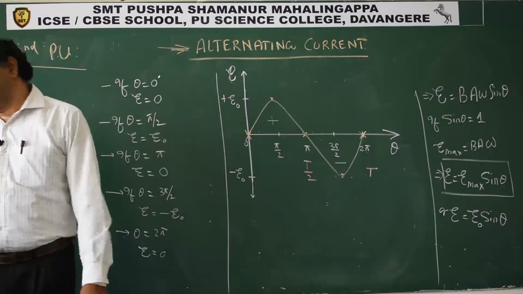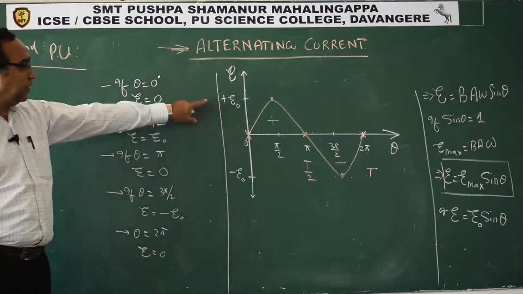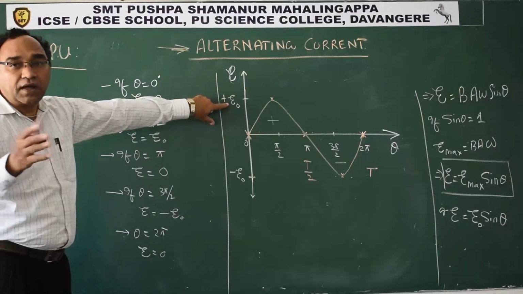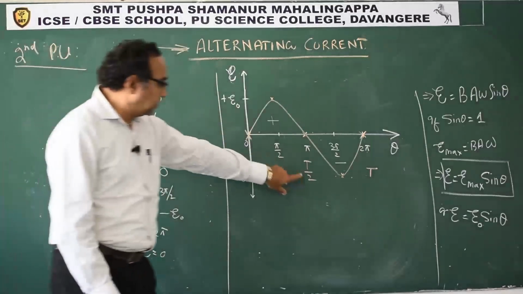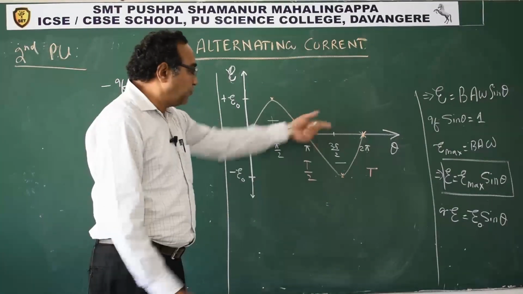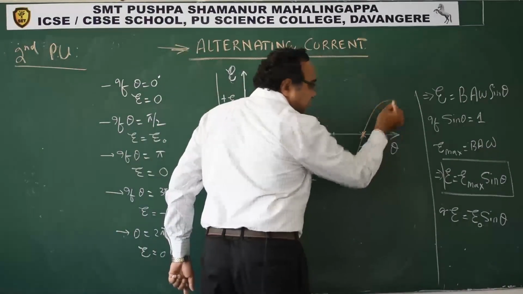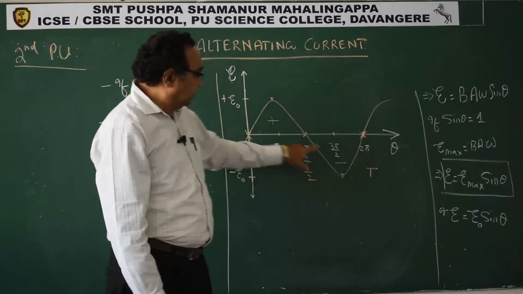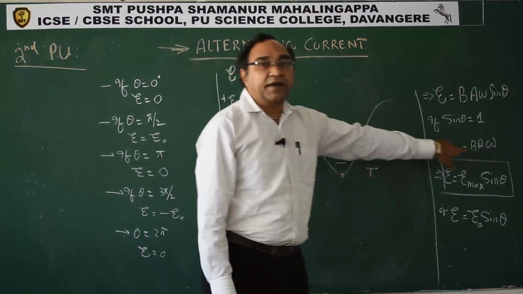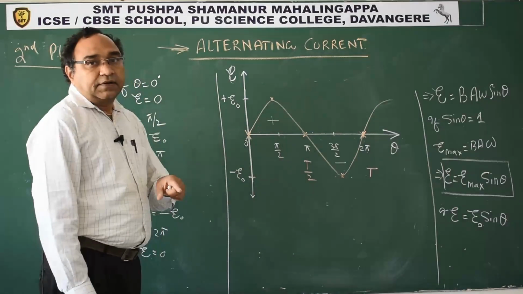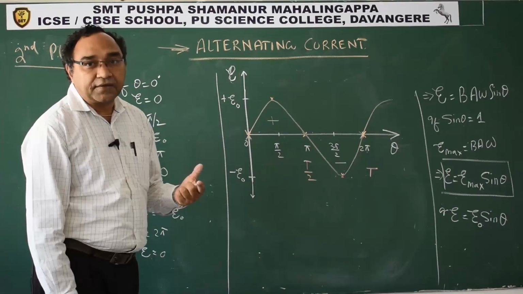We conclude that the direction of the induced EMF is reversing every half cycle. See, T by 2. So we can project now, next half it will be what? Positive. See? Positive, negative means that every half cycle the direction is reversing,